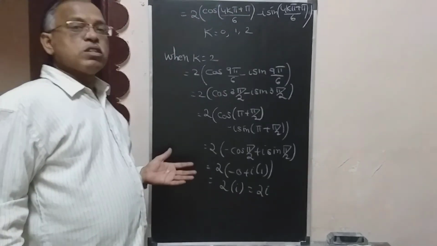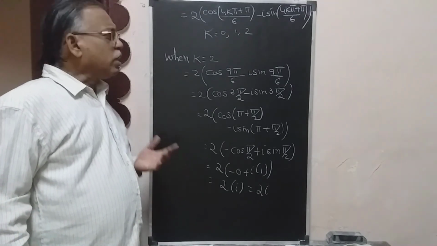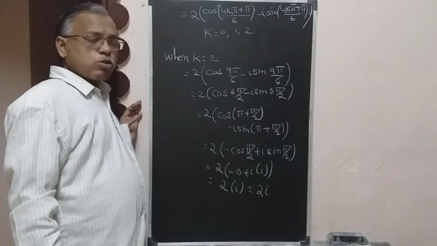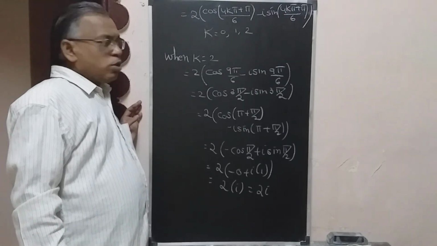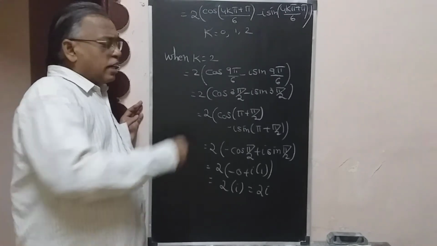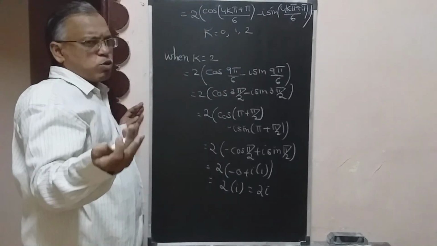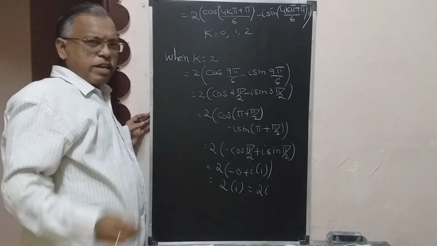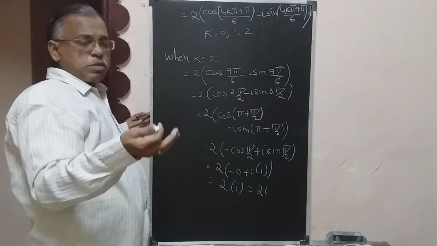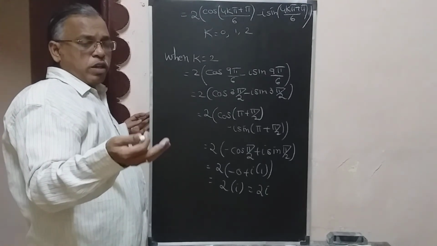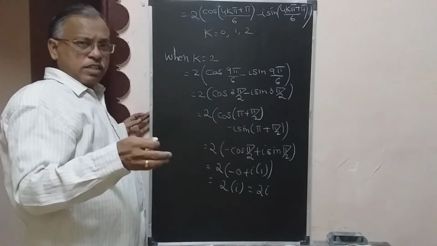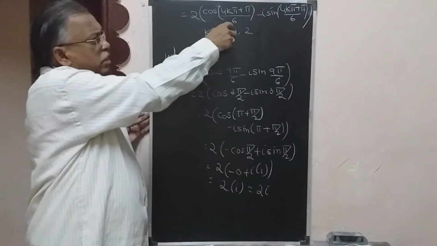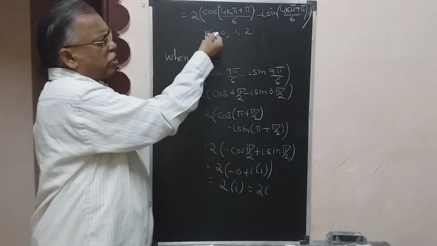So this is the same procedure we followed. Only thing is that 8 is extra. So 8 we can write it as 2 cube whole power 1 by 3. So the 3 gets cancelled. And other things are all same 4 steps only. But the simplification step you should be very careful. Same 4 steps means cos pi by 2 minus I sin pi by 2. Adding 2k pi to the argument. Then you have to take the LCM, simplify, apply de Moivre's theorem. Then 6 will come here. After that you know the procedure.